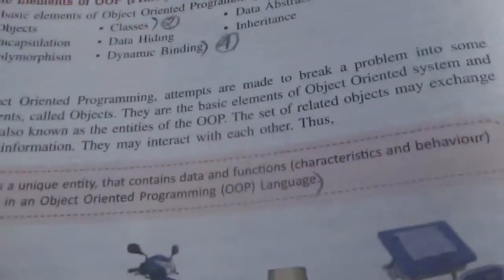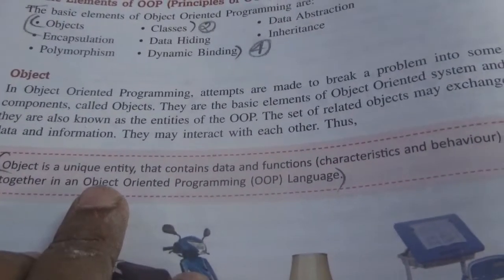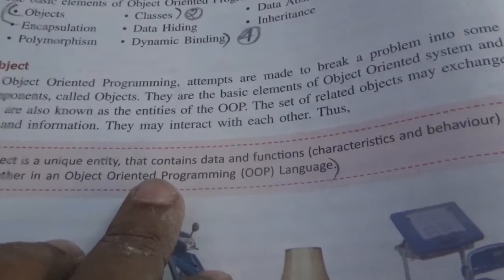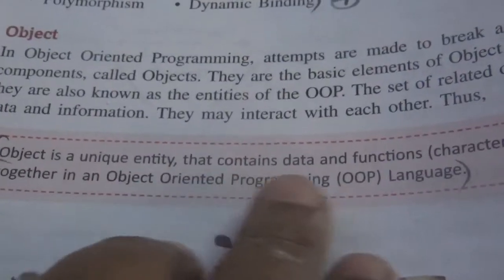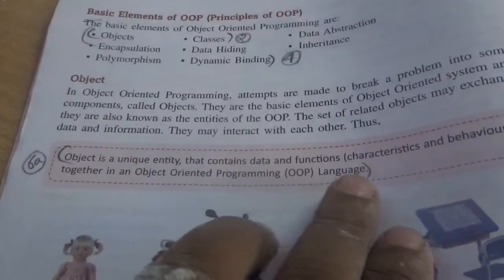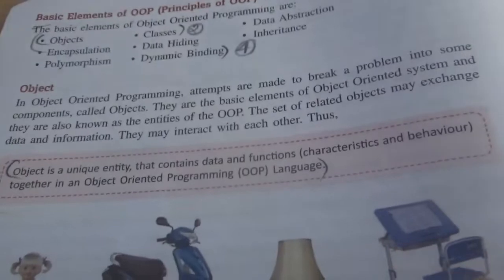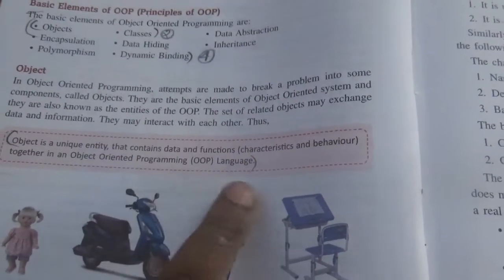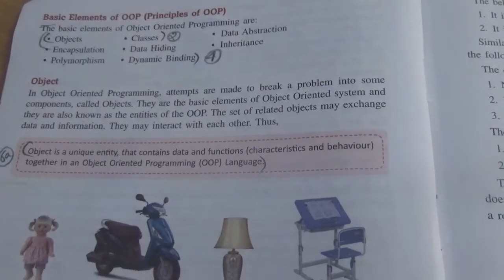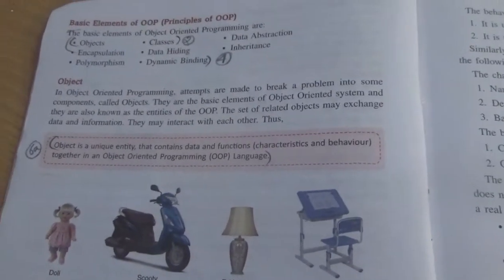So how can we define an object? An object is a unique entity that contains data and function. That contains what? Data and function. Data means characteristics, function means behavior, together in an object oriented programming language. So that is known as an object, right? Now let's go to